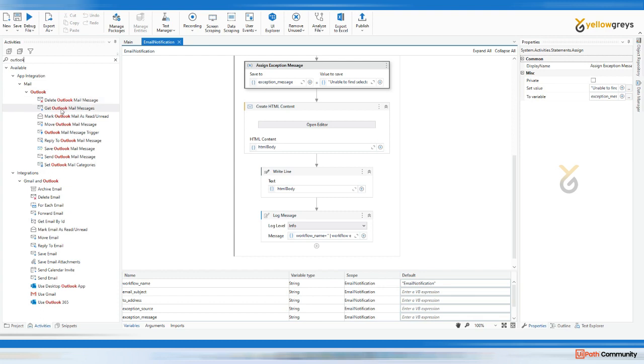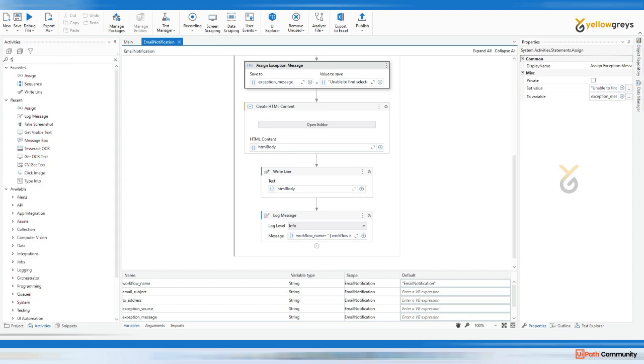So get Outlook mail, send Outlook mail, and you can use the send Outlook mail message if you have the Outlook app installed on your machine. On my machine there is no Outlook installed, so I'm using Outlook Office 365. Then I'm going to use this send